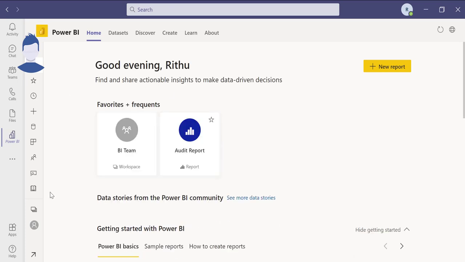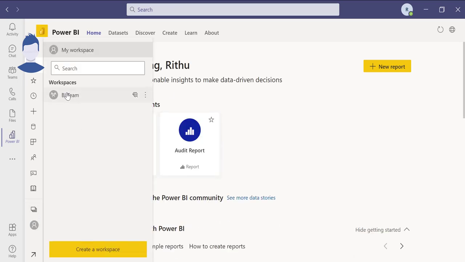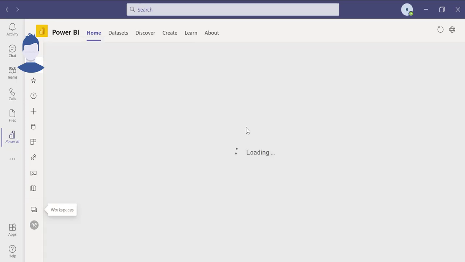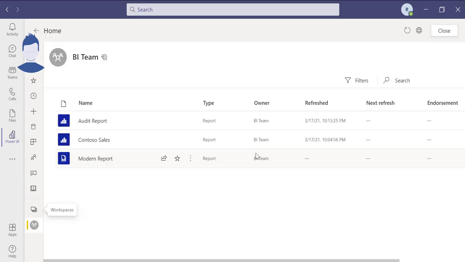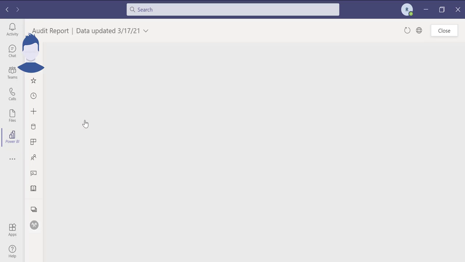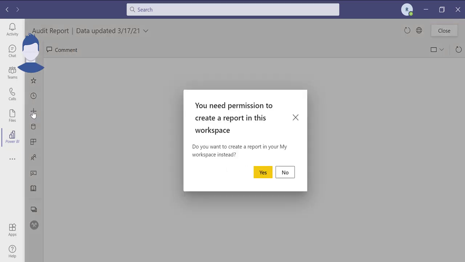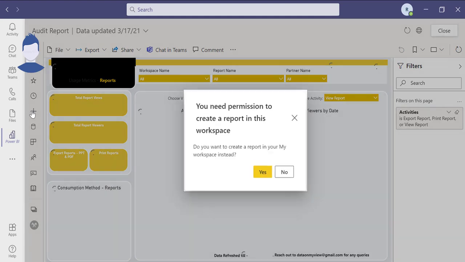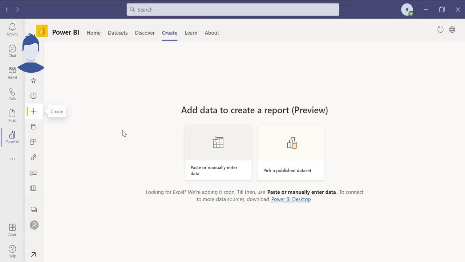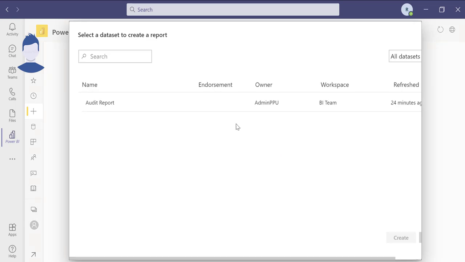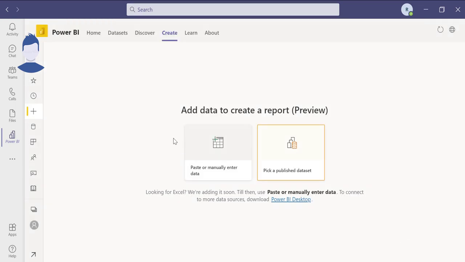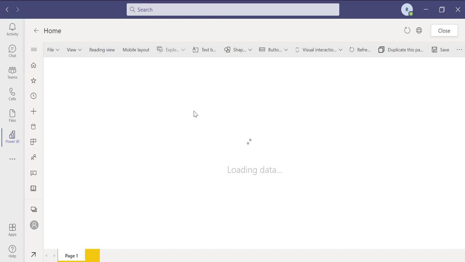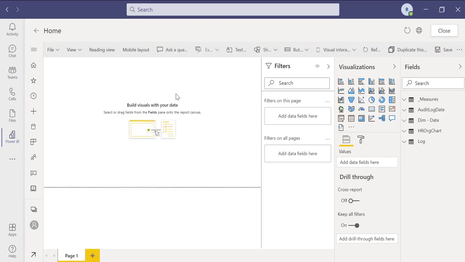Once this is done, he can check the same workspace, whether he can access that workspace where he has viewer permission, within Teams. Yes, he can access the reports, and again if he wants to create a report, yes, he can click the create report button within Teams itself, and can choose the dataset, and he can start creating within Teams itself. So he has no need to go to the browser and create a Power BI report. He can do everything within Teams itself with just viewer access.